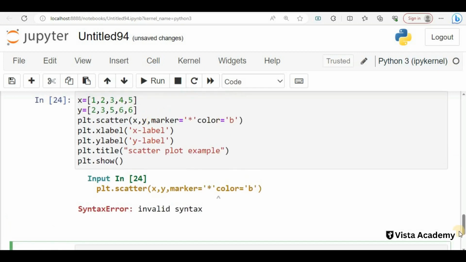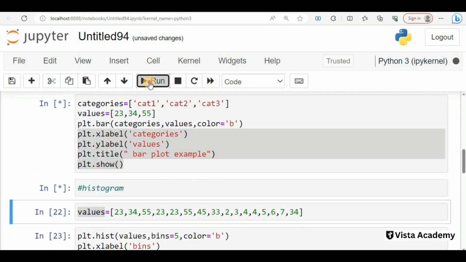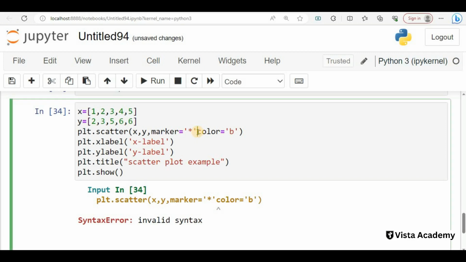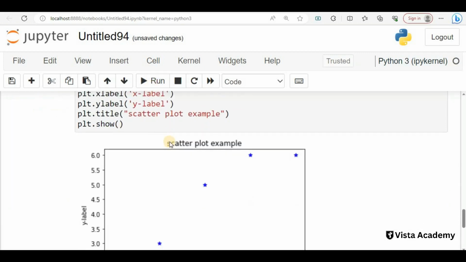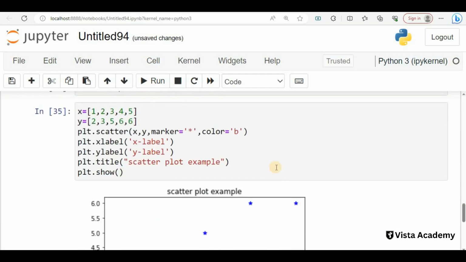I will just run this and go to the last line: invalid syntax, it is saying. So the syntax is X, Y, marker, color P. Okay, here we haven't put the comma, that's one of the problems. Then run this. So now we have this scatter plot chart where we have stars.